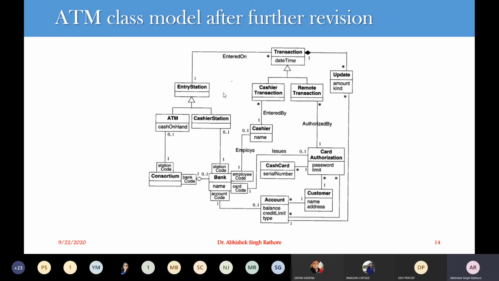For this ATM example, our cash card is now a split personality. It has both an authorization unit, so we can have this authorization unit available, and again it has some serial number. So here we have split this cash card into two different parts.